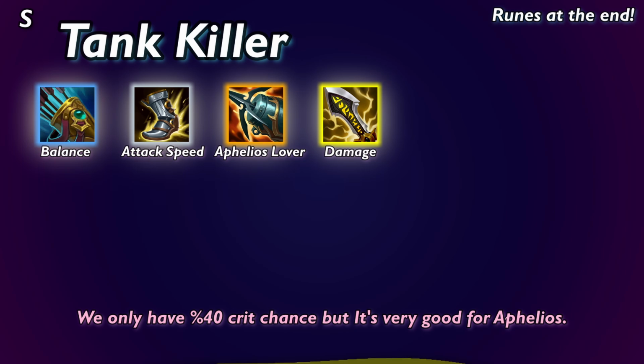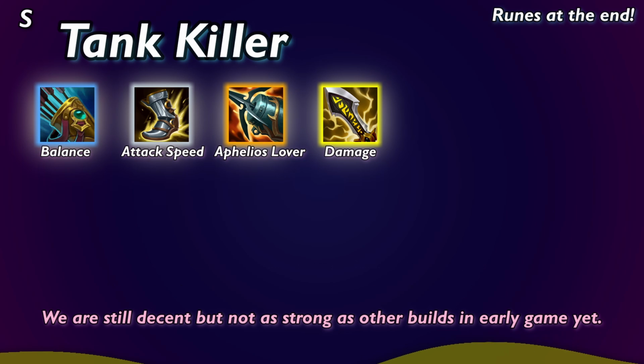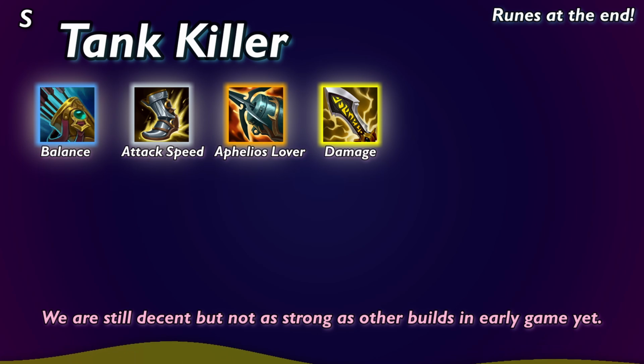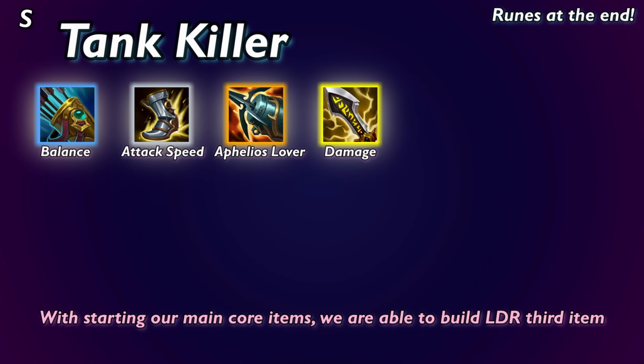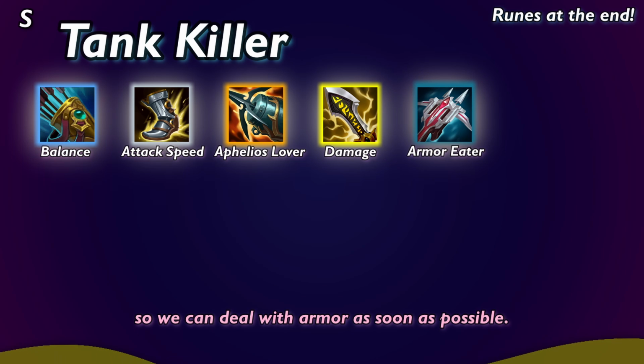We only have 40% crit chance, but it's still very good for Aphelios. We are still decent, but not as strong as other builds in the early game yet. But this is the whole point of it. This one is meant to kill tanks. With our main core items started, we are able to build LDR as the third item, so we can deal with armor